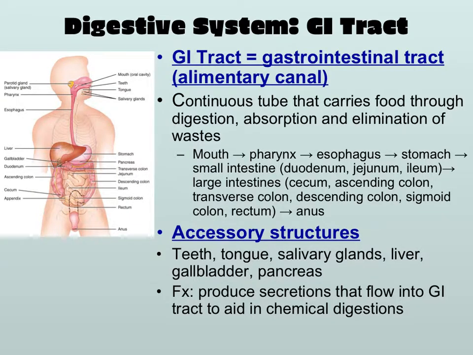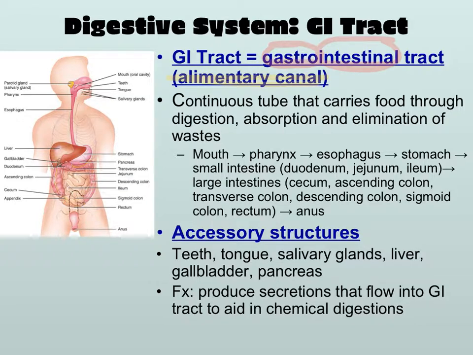You've probably heard someone refer to the digestive system as the GI tract. GI stands for gastrointestinal tract. This first part, gastro, means stomach, and intestinal, exactly what it sounds like, means intestine. And as with many things in the science world, the gastrointestinal tract is also known as the alimentary canal. Basically, what that's referencing is the entire tube that carries food from our mouth to our anus.